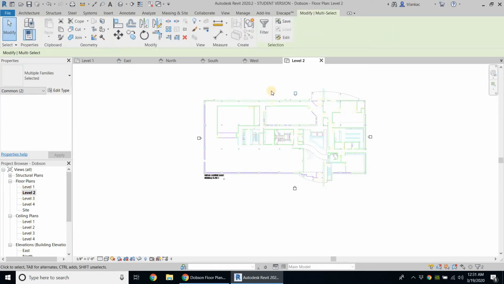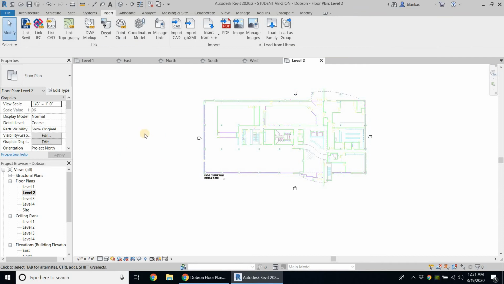Now when you go into level 2, if you don't see your first floor plan, it might make it a little bit harder for you to bring in your level 2 floor plan and align it exactly, because we want the floor plans aligned one on top of the other, right? So if you don't see this, what you need to do is click on the canvas, click anywhere like this, go to the properties panel and scroll down a little bit